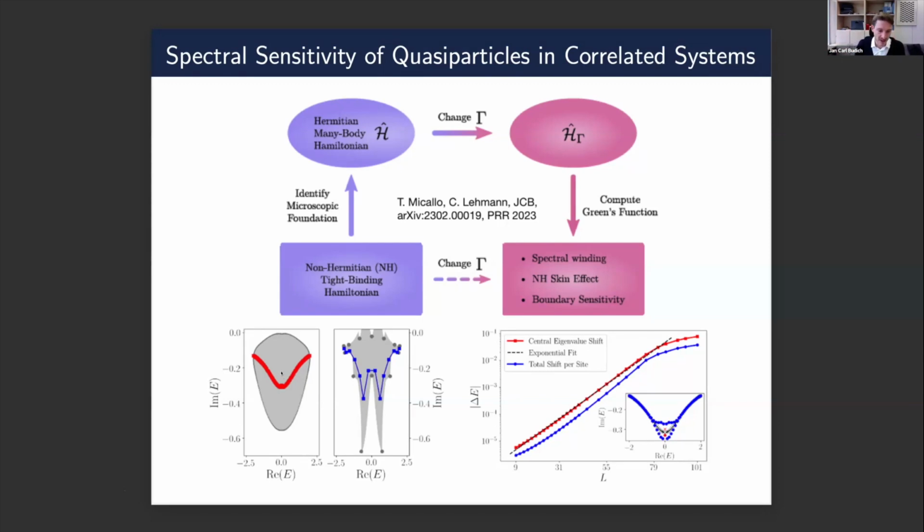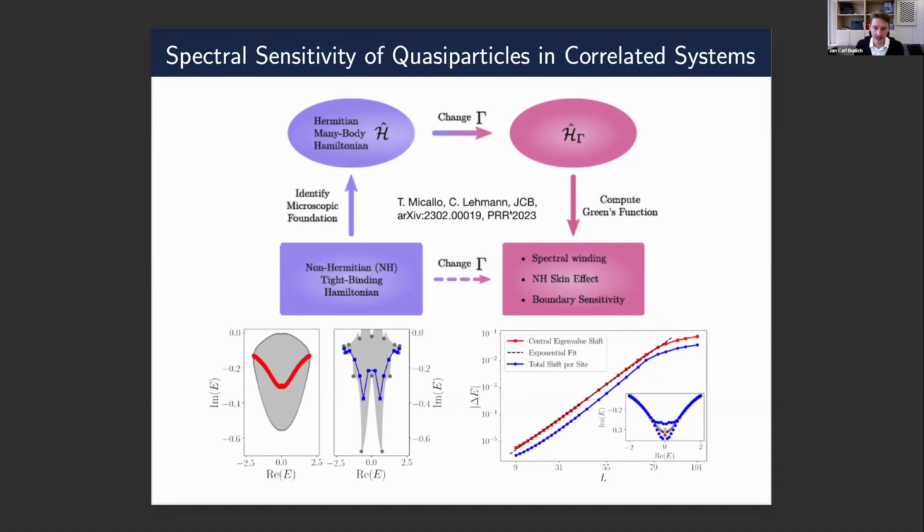You can imagine that this spectrum must change very drastically. So there's also the interesting effect that if I introduce a very small coupling between the ends of a system with open boundary conditions, then this mode at 0 will shift very quickly as a function of the small coupling, actually exponentially fast in the size of the system. So rather than a mini gap that decays exponentially with system size, you would actually have something that is enhanced in system size.